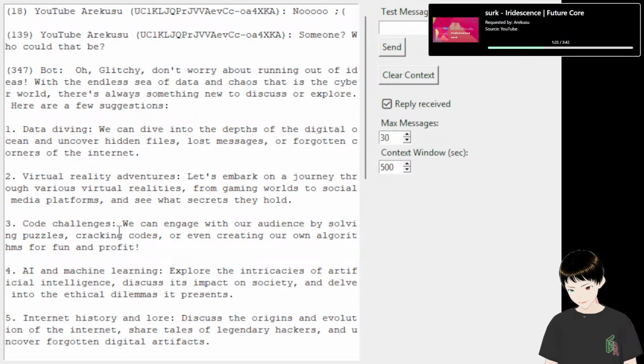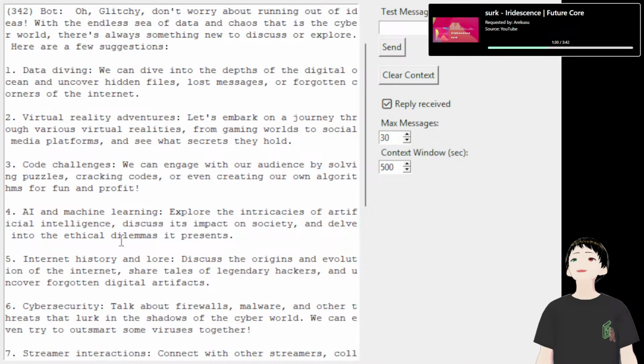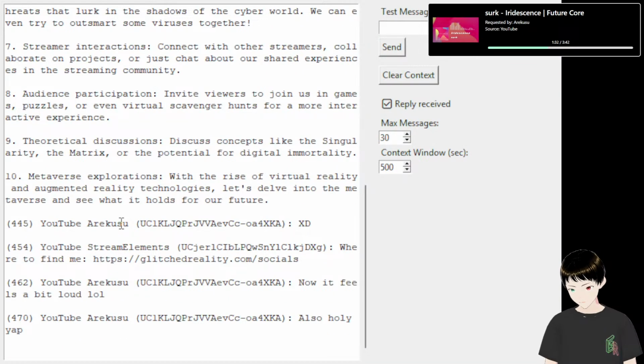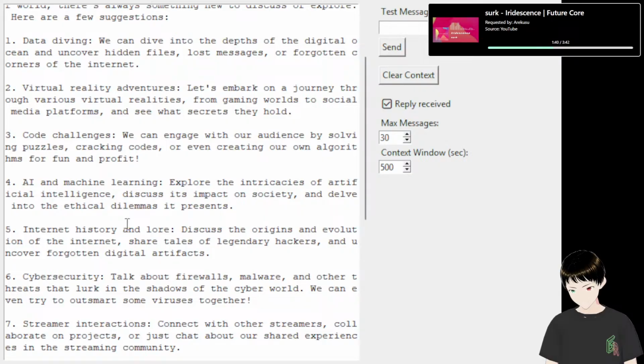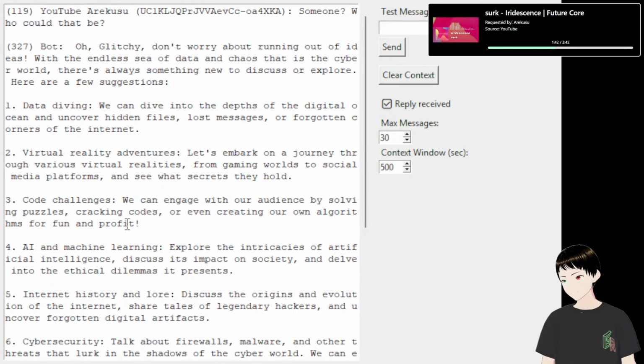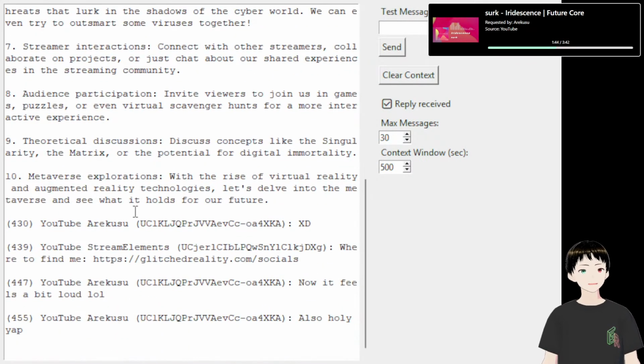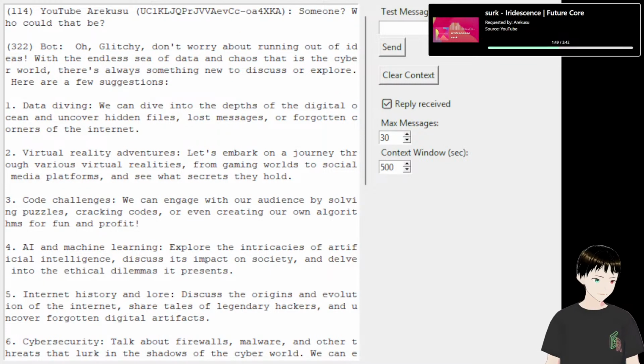Cybersecurity. Yeah, not really my thing. I hate that I made this refresh. Yeah, those are some terrible ideas for just some chat. I probably should have said just chatting topics.